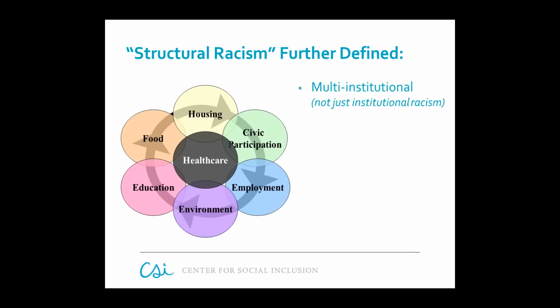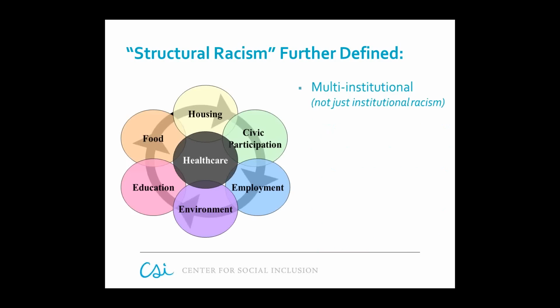Multi-institutional means we're not just talking about institutional racism. To break down the difference between those two, institutional racism is what we see in the unfair or discriminatory racial profiling that occurs within criminal justice, right? That's an institution. Or let's say education being an institution. If a principal has a certain set of expectations for the white students in his school, but has a very different or lower set of expectations for the Southeast Asian students in the school, well, those Southeast Asian students may potentially face more barriers to having a quality education because the leader of that institution just doesn't believe that they're good enough.